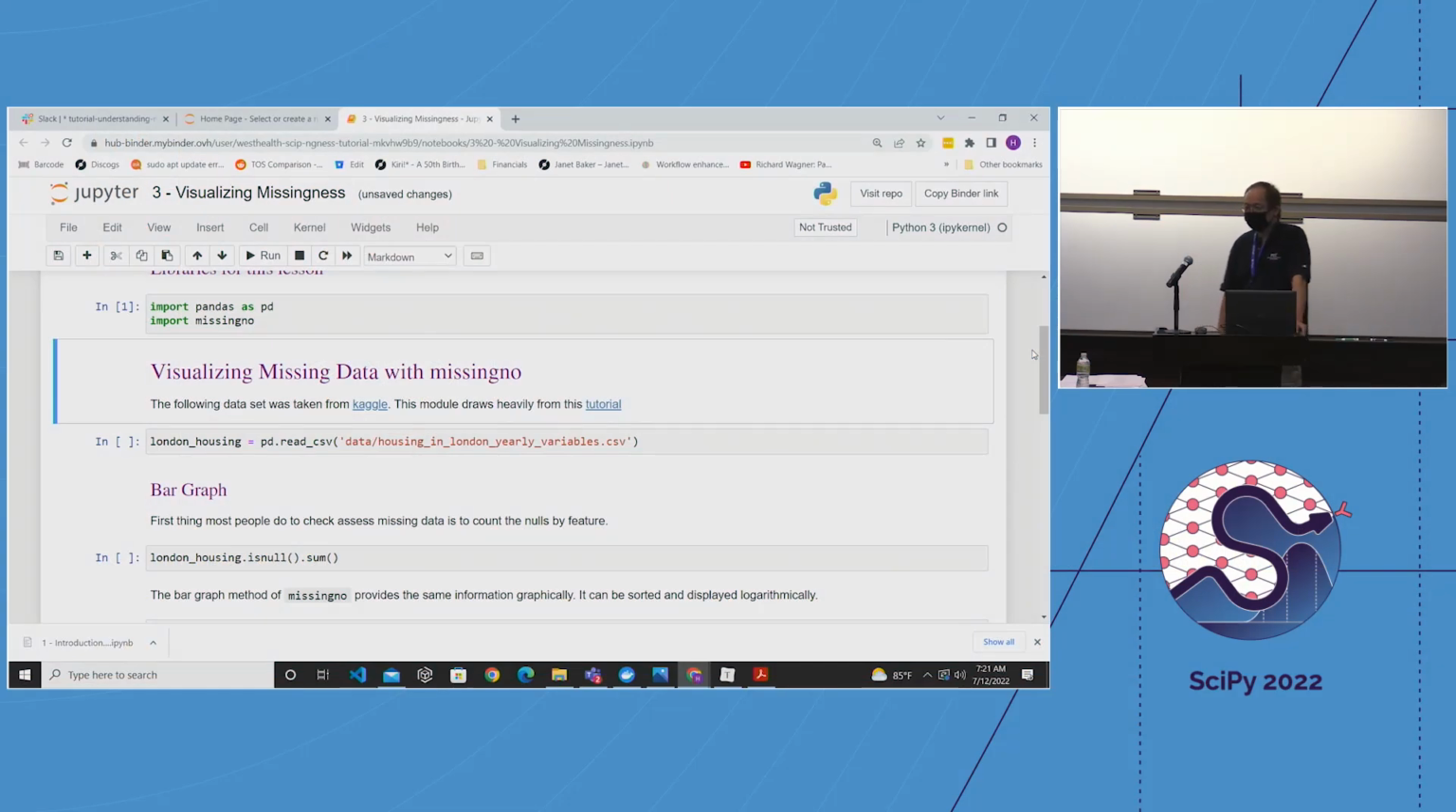The library I found is missingno, for just generally visualizing missingness. I guess I may not have mentioned this at the beginning: a lot of the tools for dealing with missing data are not that well evolved in Python, so I don't particularly advocate any library over any other right now. But as far as displaying missing data, this one is probably the most mature. Okay, so